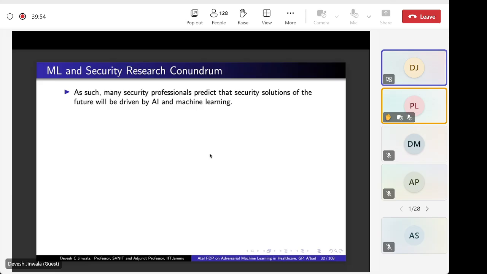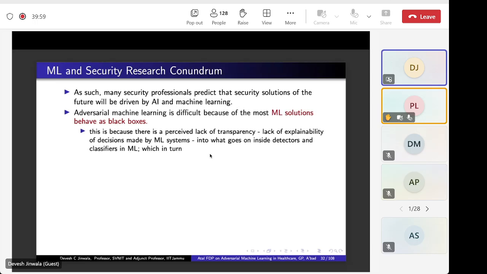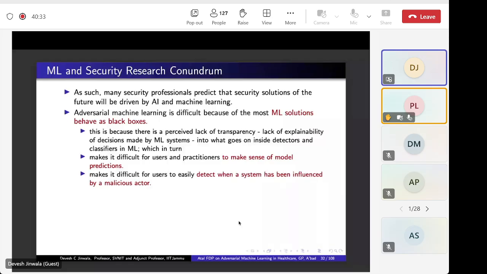This also gives rise to what is referred to as the machine learning and security research conundrum. What we mean by that is most machine learning solutions behave as black boxes. These days we often talk about explainable AI, that in order to understand how a machine learning or deep learning model is working, we must be able to convey what is happening behind the black box, because a machine learning solution is typically accepted as a black box. But that also makes it difficult for users, security designers and practitioners to make sense of the model prediction. If I understand what is happening behind the scene, then I would be able to devise a